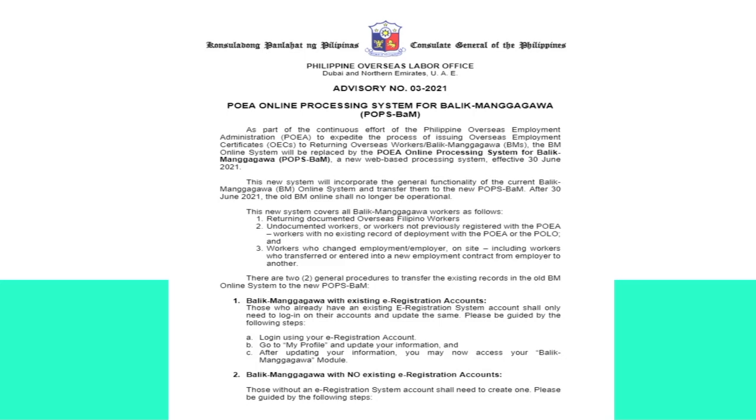So this new system covers all Balik Manggagawa workers as follows: returning documented overseas Filipino workers, undocumented workers or workers not previously registered with the POEA, workers with no existing record of deployment with the POEA or the POLO, and workers who change employment or employer on site, including workers who transferred or entered into a new employment contract from